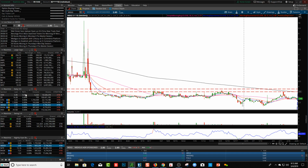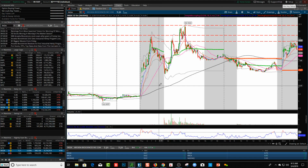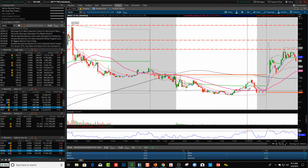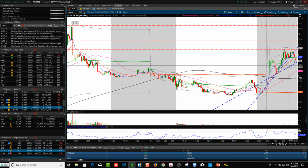Next one is RKDA. So that's another one that was moving pre-market. Now it's kind of reversing over right now. So we can just connect the base right here. It's kind of failing. There was the angular support right here. And you can see it was doing a possible flat-topish pattern, but now it's starting to fail. So we'll see if it can stay here. And if so, you can connect the base over here, see if it can hold that 870-ish area